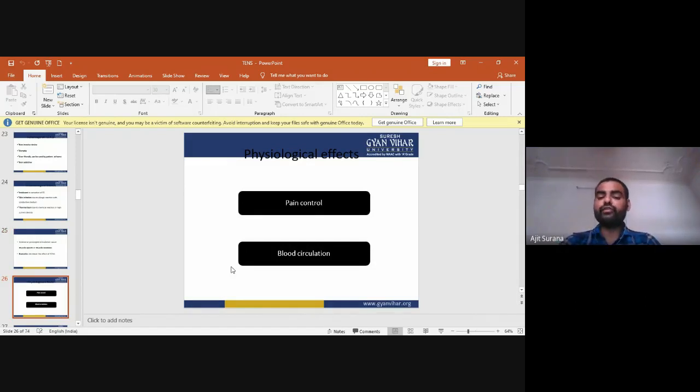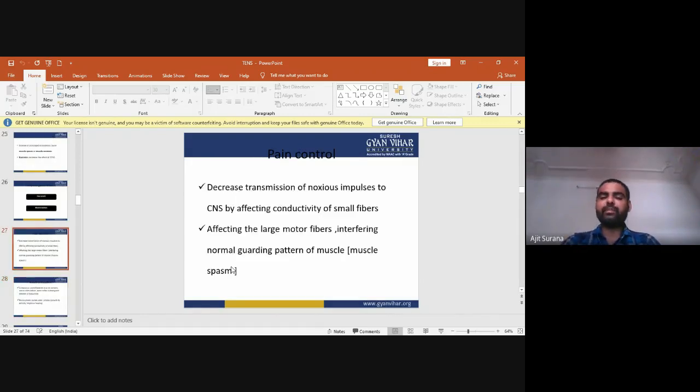There are two physiological effects of the TENS: pain control and blood circulation. First, pain control. Pain control is mainly due to the decreased transmission of noxious impulses to the CNS by affecting